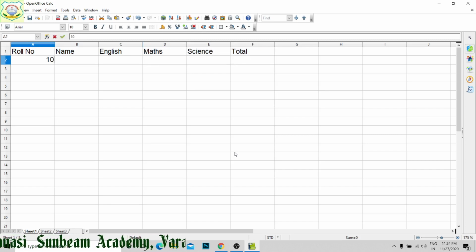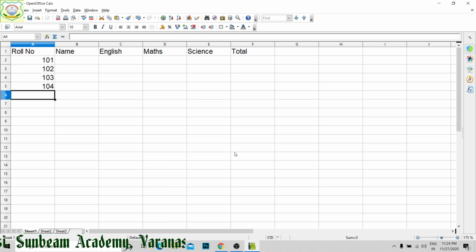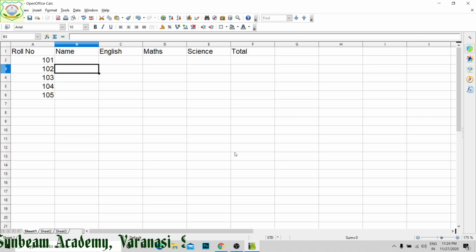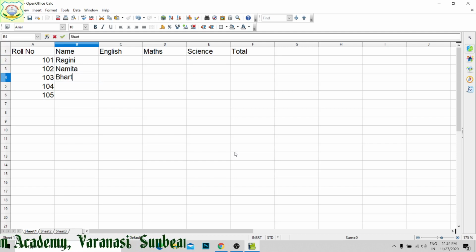Roll number 101, 102, 103, 104, 105. Names given: Ragini, Namita, Bharati, Aditi, Shirom.